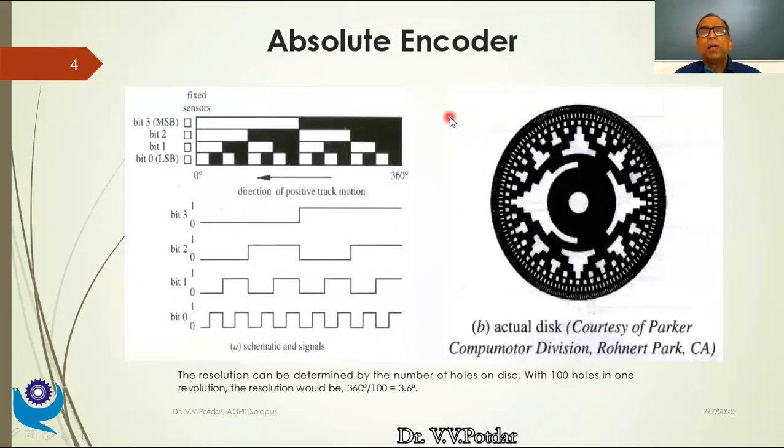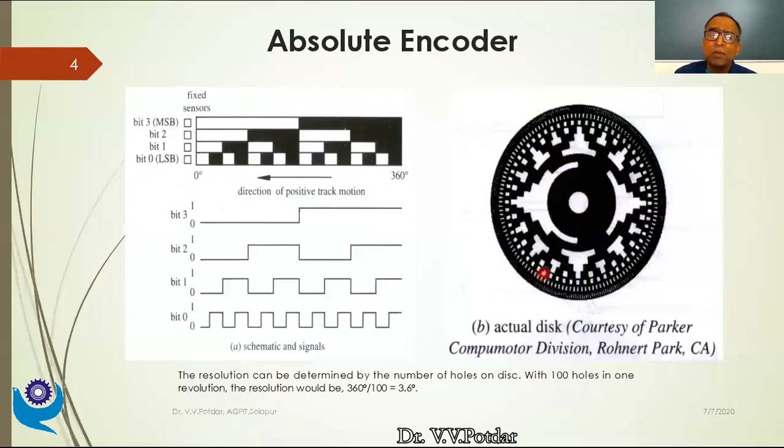Now let us see the absolute encoder. As I said earlier, absolute digital optical encoders are used for precise position measurement when we are not interested in understanding what is the distance traveled, and when we are not interested in knowing the velocities, angular velocities or linear velocities. Now, in both these cases I have shown a rotating shaft. Don't have that belief that these are used only for measuring angular position. No, I have got the encoder strips as well, which measure linear position as well.